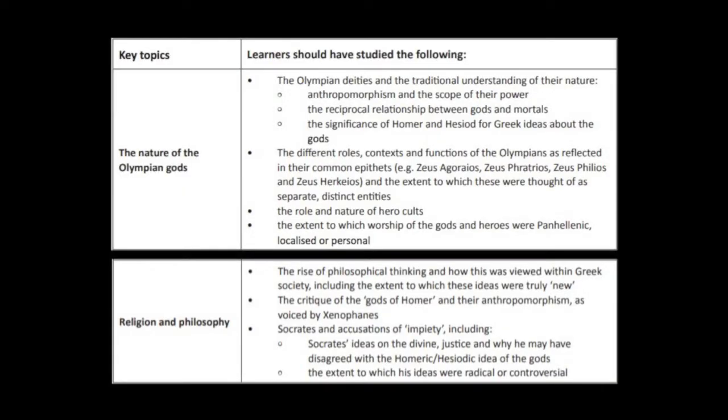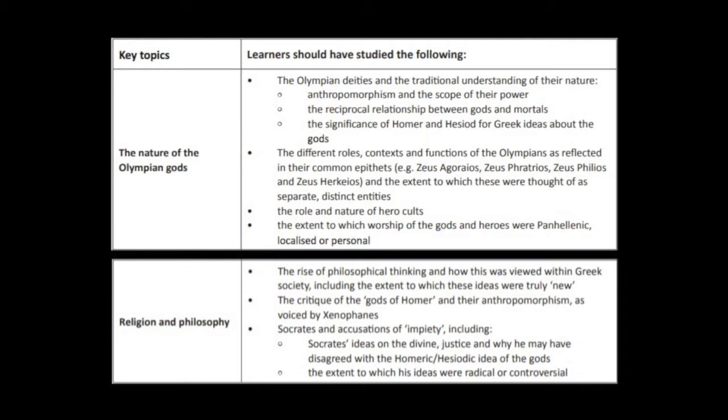The other thing is it explains certain concepts that you'll be teaching them over the year, including anthropomorphism and the multiplicity of the Greek gods, the fact that there are lots of Zeuses with different epithets. All the gods had different epithets, so were meant to be in different places at the same time. Certain things like that. If we have a look at what you're actually studying from the key topics that OCR